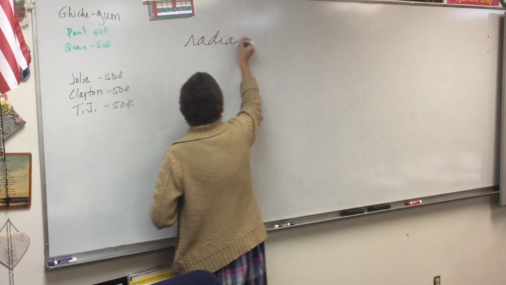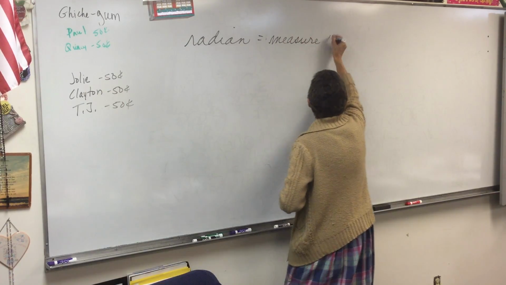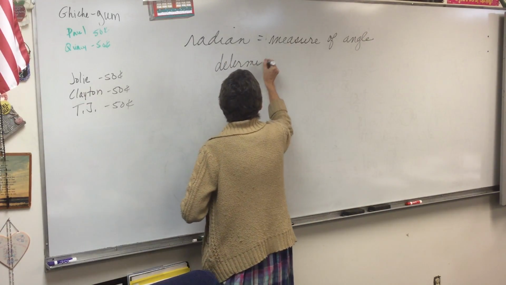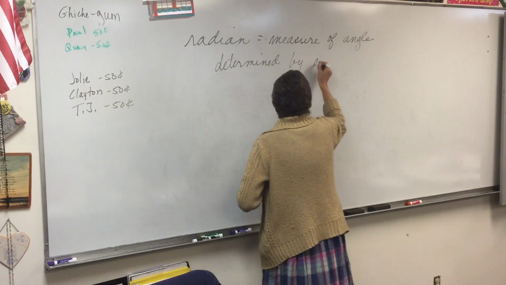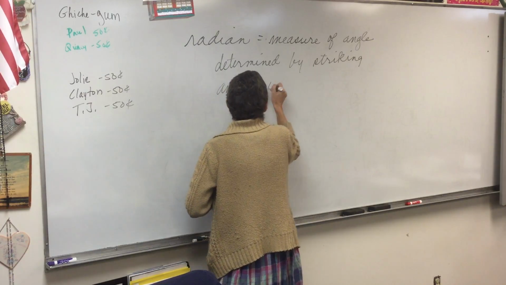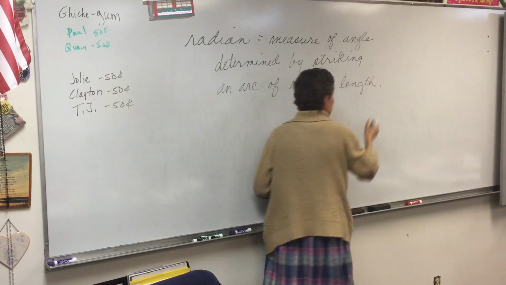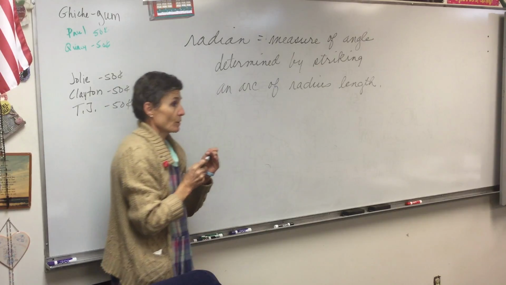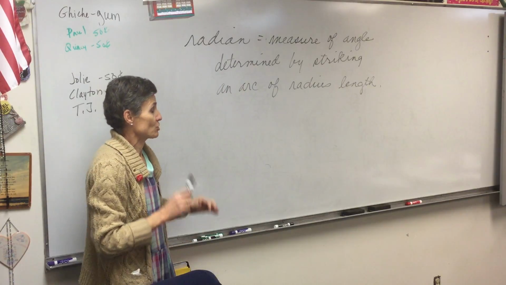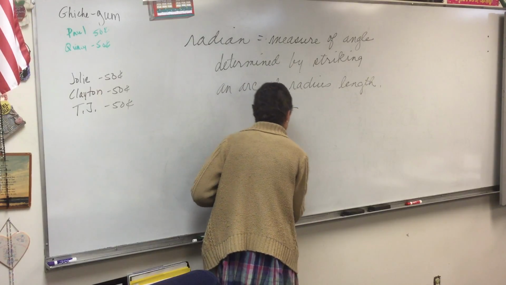A radian is the measure of the angle determined by striking an arc of radius length. So that's what a radian is. A radian is a measure of the arc, or excuse me, the measure of the angle determined by striking an arc of radius length. So, if I have a circle,